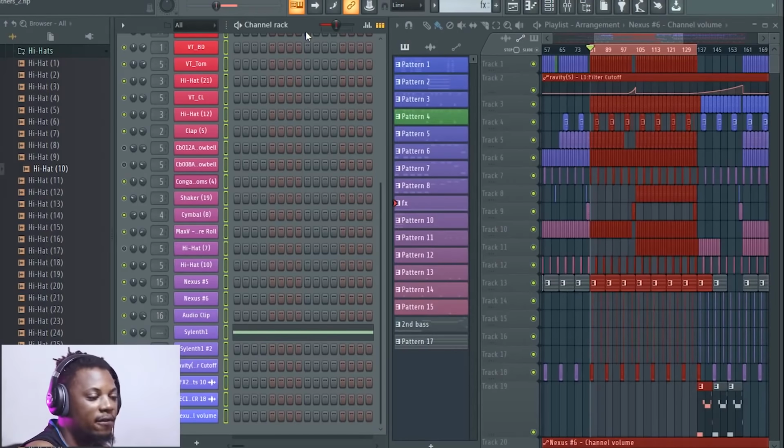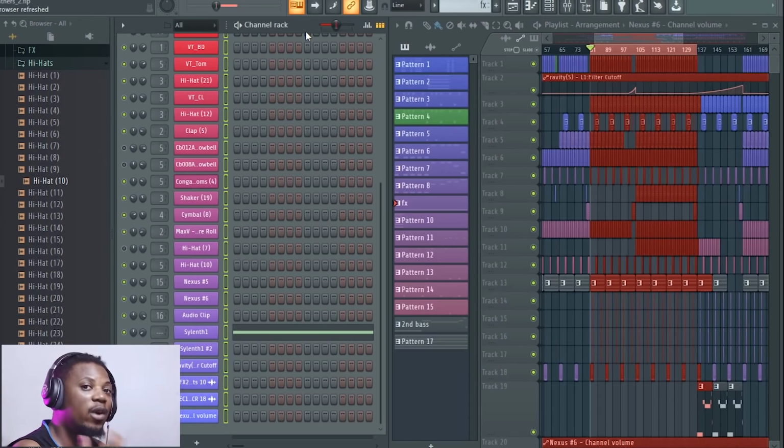Alright guys, now we're in FL Studio. Today I want to show you how compression works and explain it so you really understand what compression is. I feel like a lot of tutorials and a lot of people don't really explain compression in a simple way that you can grasp and understand,